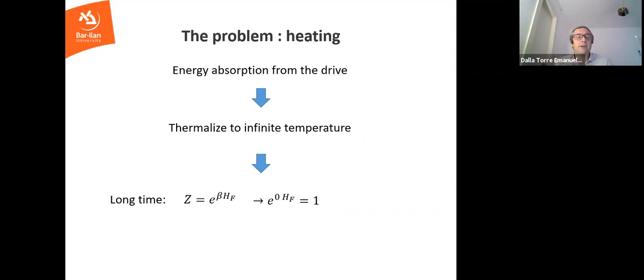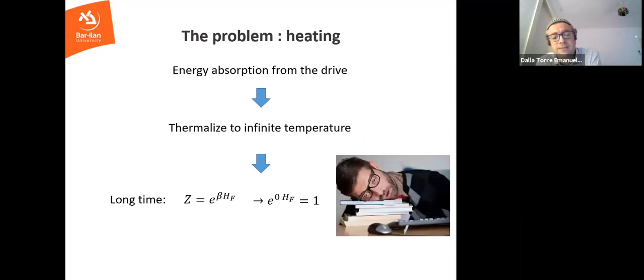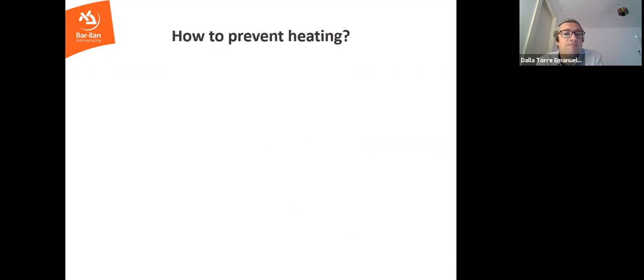So whatever you have done, you have very interesting dynamics, but eventually the thermodynamics, the probabilities, are just constant. So it's very boring. Okay, so that's bad. So the question is really how to limit the heating of a system. And this can be done in several ways. So one, if you have an integrable system. Actually, that one is if you have just a small system. You know that small systems cannot absorb energy forever, right?